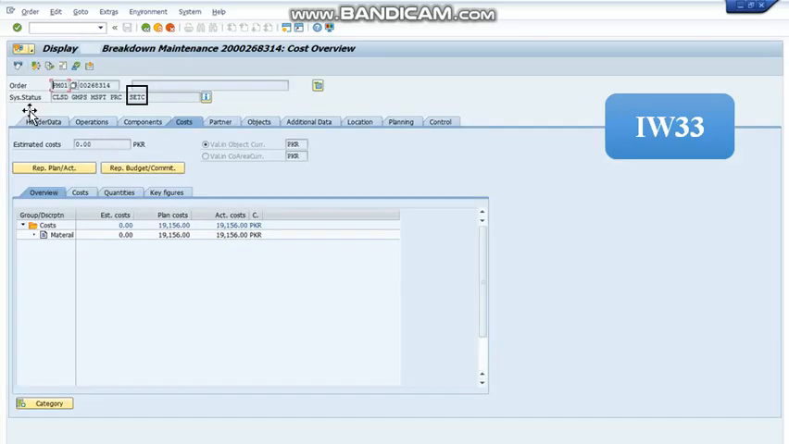In this system status, if we see this SETS, this shows a settlement rule has been created. We can click onto this button in order to view further details. The total cost incurred onto this maintenance order is 19,156. Now in order to view the settlement rule, we are going to press this button so that we can